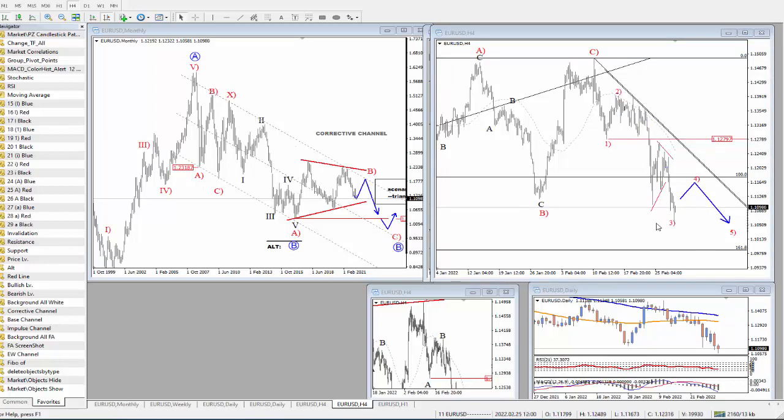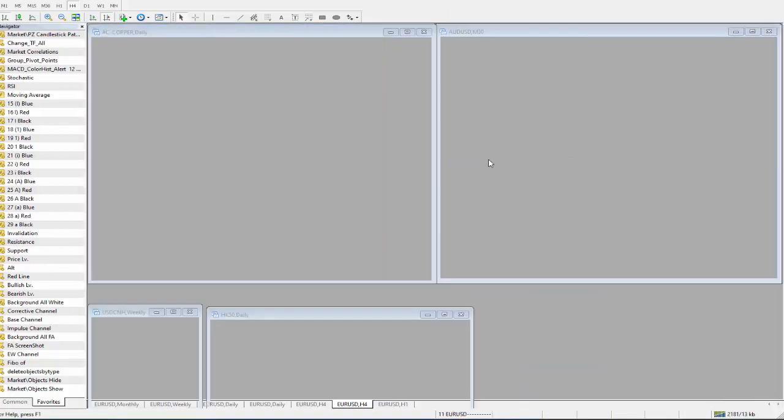Of course, there's an alternate scenario that maybe this was the end of a wave 3 and this wave 4 is already in its final stages. In either case, just be aware of at least a temporary bounce, but this higher degree downtrend remains in play as long as this trend line holds here, connected from February highs. Okay, now let's take a look also at Aussie dollar.